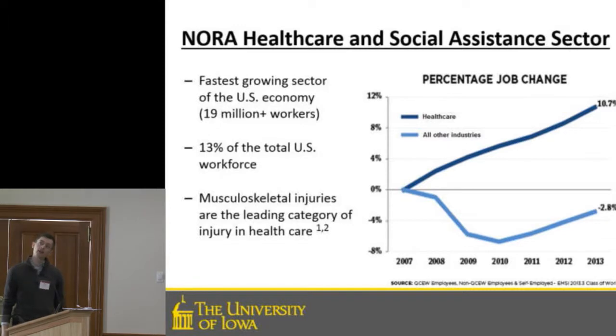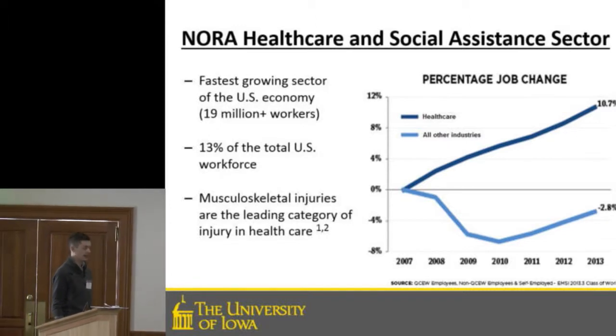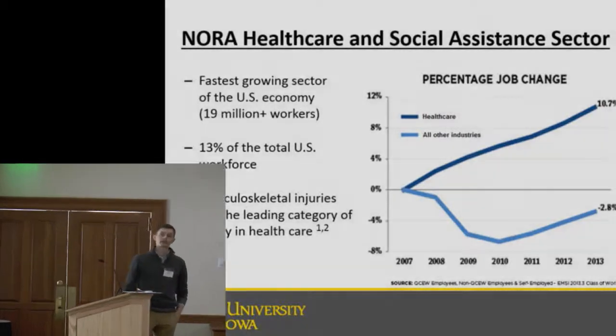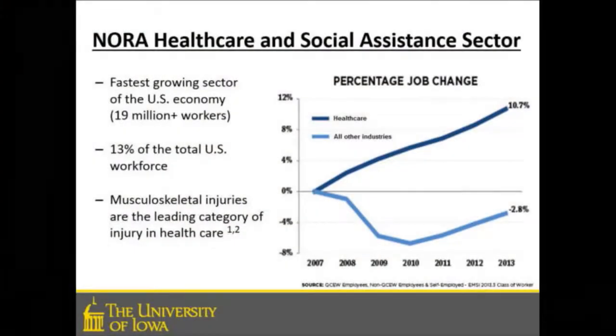The healthcare and social assistance sector of the National Occupational Research Agenda is one of the fastest growing sectors of the United States economy. With over 19 million workers, roughly 13% of the total U.S. workforce, we can see that in comparison to some of the other industries, healthcare has seen a growth since 2007 of almost 11%, where other industries have actually seen an overall reduction of 3%. So it's a growing field, and one of the large issues that we face in this field is the high